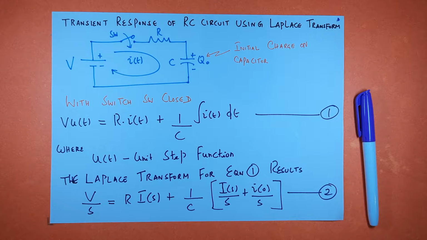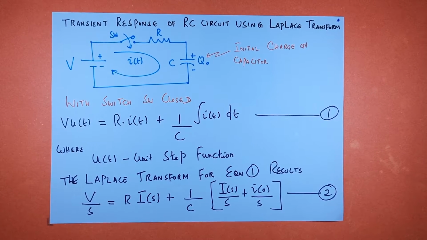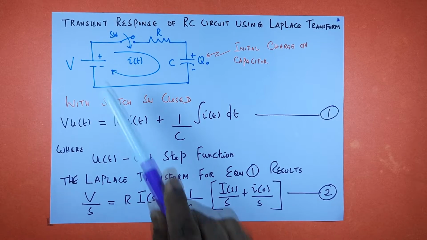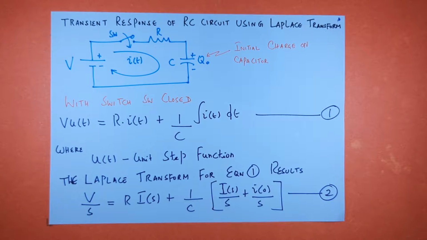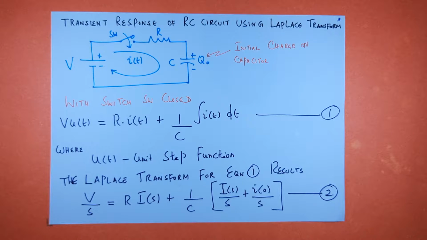Transient response of RC circuit using Laplace transform. Consider an RC circuit. You have a DC source V, switch, R, C. Here Q naught is the initial charge on the capacitor. With the switch SW closed,